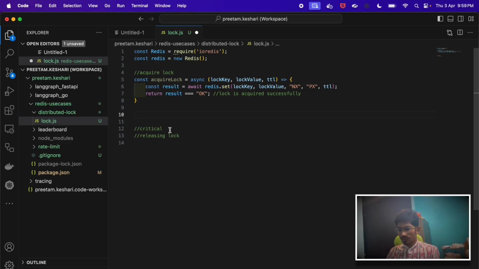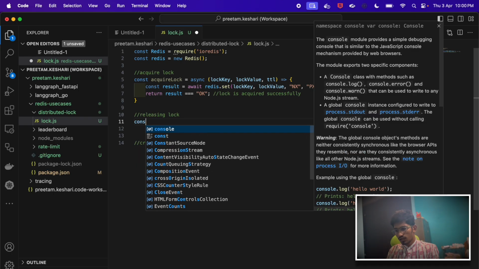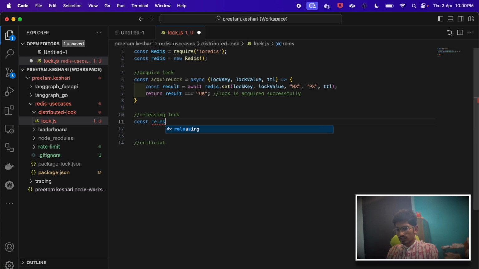Now the most critical part is about releasing the lock, because acquiring is simple. If lock is present, lock is open, no one has taken it, you just take it, right, and lock it. But releasing is where the interesting things happen. It's not very simple like you just check if lock is there, then just delete the key or release the key. It's not like that. This is where the Lua scripting will come into picture. Now how? Now let's just write